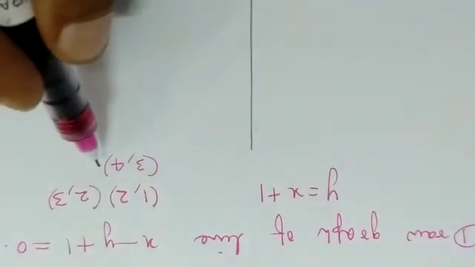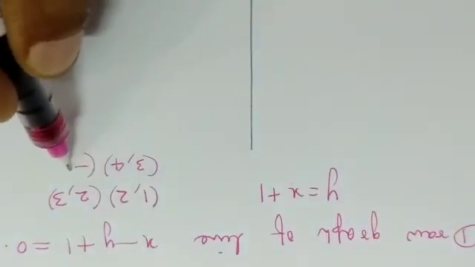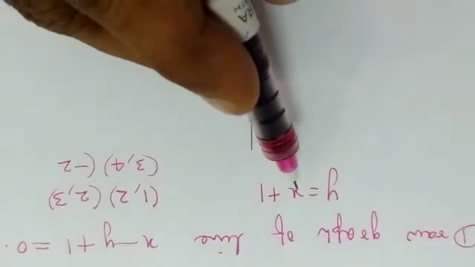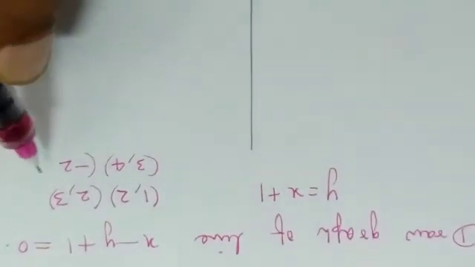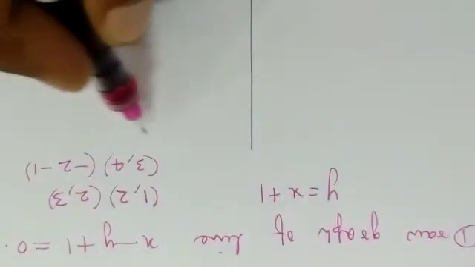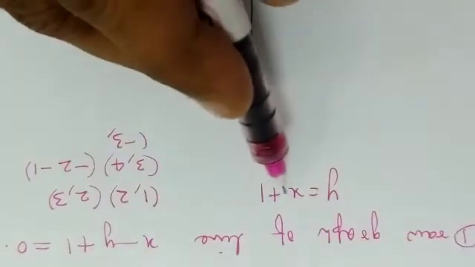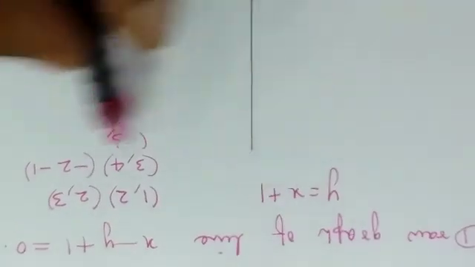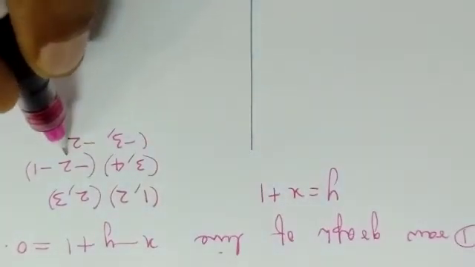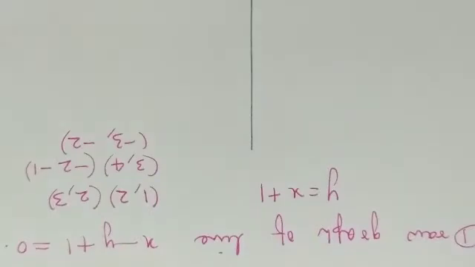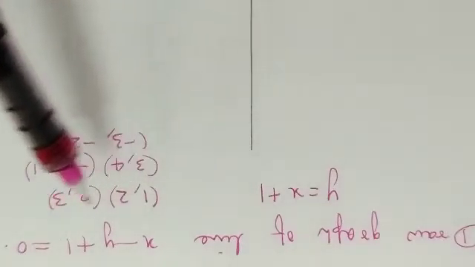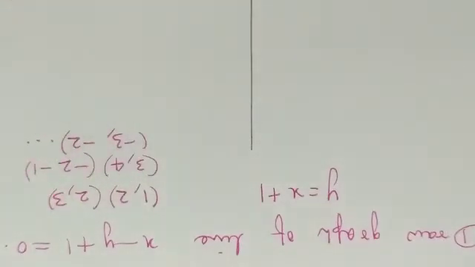If x equal to minus 2, minus 2 plus 1, minus 1. If x equal to minus 3, minus 3 plus 1, minus 2. So likewise, we can find infinitely many points, and by plotting all these points on the graph and joining them,